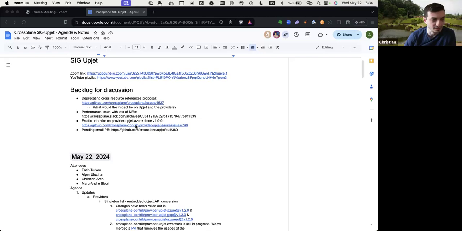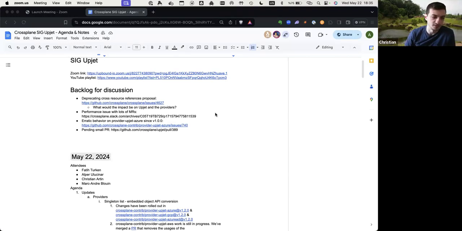It's something we've been seeing in our production environment with the Azure provider. As soon as we hit over 1,000, well, actually even with just a few, it's just less noticeable because there's less. But when we hit over 1,000 MRs, and right now we're testing in our dev environment with like 8,000 resources, we're seeing that it takes a long time just to get things synced and ready.